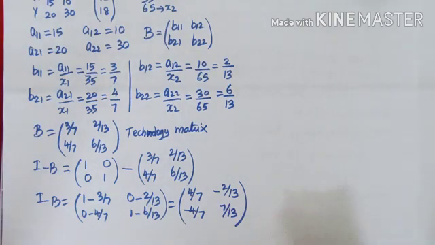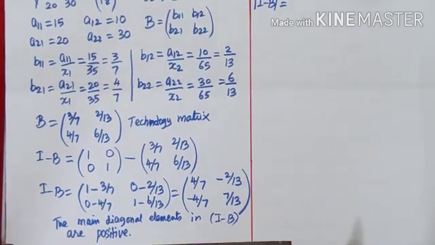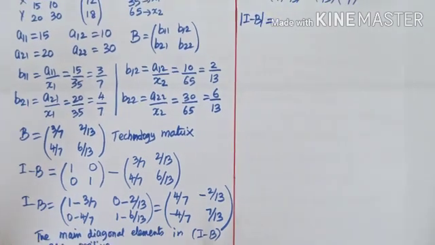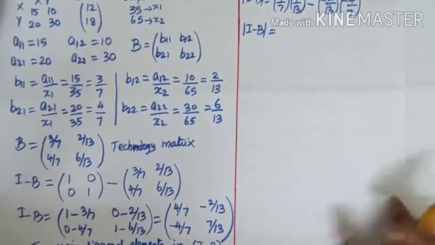Once I find out the main diagonal is positive, let us write down the main diagonal elements are positive. So the first condition is satisfied. The main diagonal elements are positive. Proceeding to the determinant. Now we see determinant I minus B is